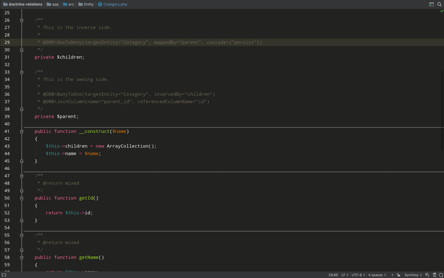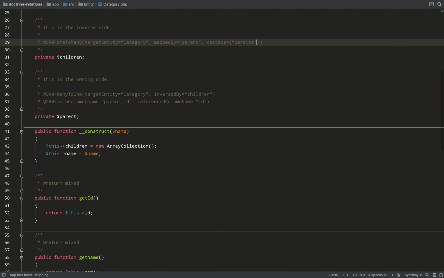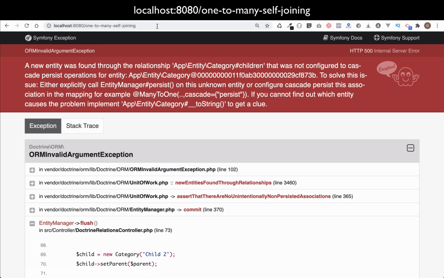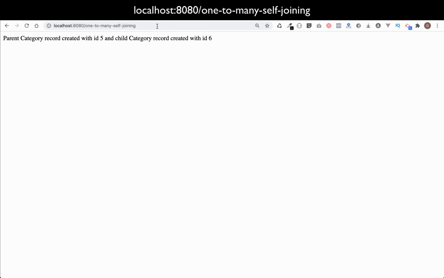And so over to the browser, we'll give it a refresh, and as you can see, it's created another parent and another child category. And so just to prove that I haven't made all that up, I'm going to now remove cascade equals persist, and we'll go back to the browser and run it again. And it gives us a big error because it's saying it's found the relationship, but we're not actually calling persist on the child, and it's given some clues as to how we should resolve this. And I'll just do what it's asking me to do. So I'll go back, reinstate cascade equals persist, run it again, and there you go, it's created another parent category